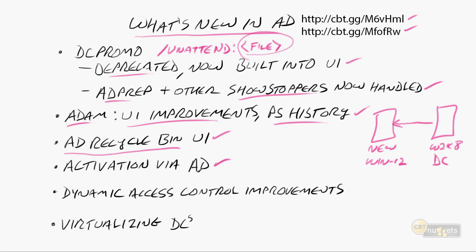Activation now takes place with Active Directory. In the past, we'd have to get key management servers, and all of our clients in the organization would activate against the KMS, and then it would kind of interoperate with Microsoft. So that instead of each individual machine activating the way we would normally do on, let's say, a home computer, they all activated to a KMS server instead. Now they can all do that via Active Directory, which is much more integrated,